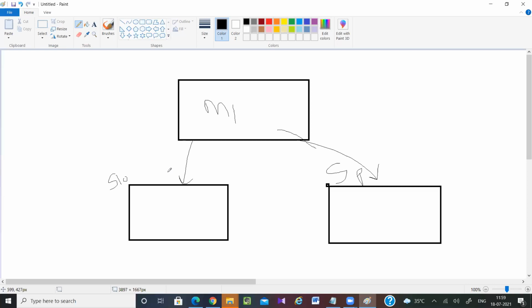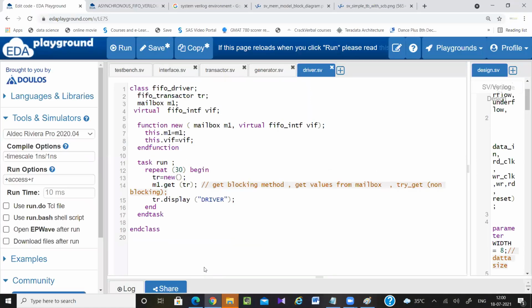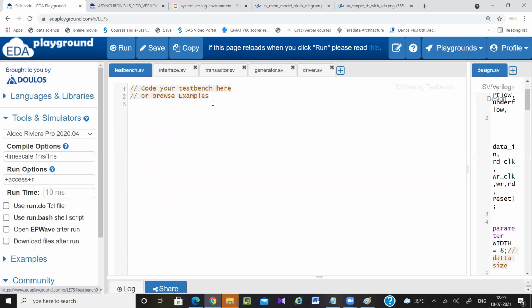So it is blocking. If you are using non-blocking, whether it is taking the values or not, I don't care. This one is the speed, this one is the slow. Whether it is taking values or not, I don't care. I will be able to take the values whenever I need. So that is the non-blocking method. Depending on your requirement, you can use blocking as well as non-blocking method. Okay, so now I just have to check whether I am getting the values properly or not, whether my mailbox is working properly or not. Okay, so here,